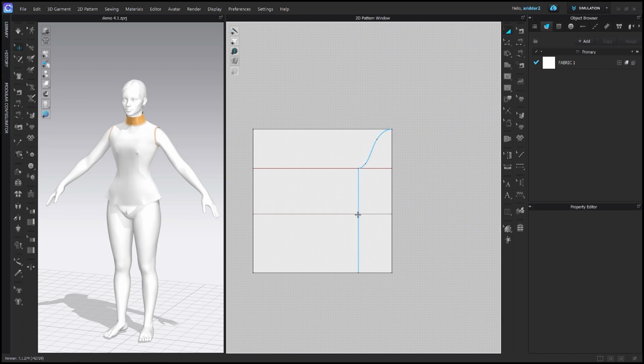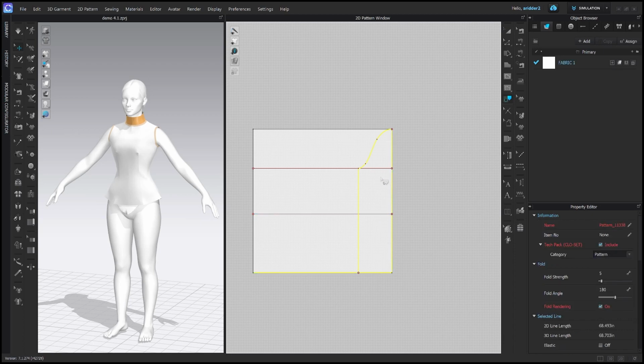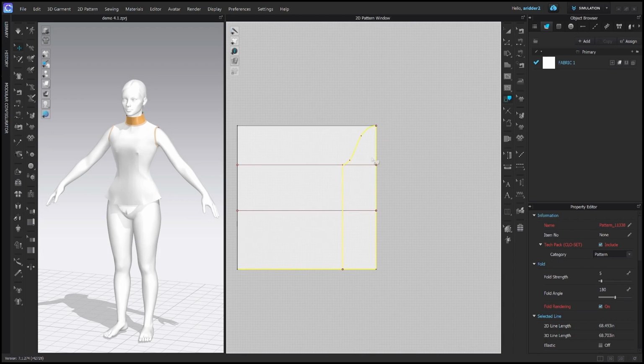And we're going to do this by using the trace tool, which is over here. The hotkey is I. So once we have that selected, we're going to click on every piece that we want to be a part of our new sleeve. And I'm just holding down Shift as I click. I'm not going to click on these internal lines because they're going to transfer automatically. And if I click them, it'll confuse it and try to give me one of these blocks instead. So once all of these lines are clicked, except for the internal lines, I'm going to right click and trace